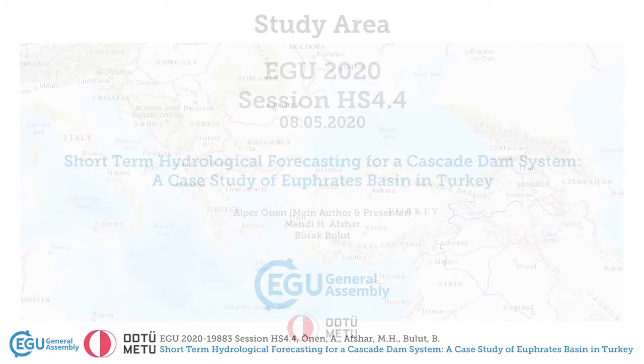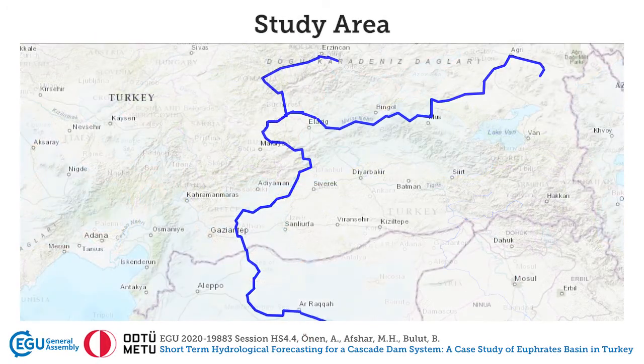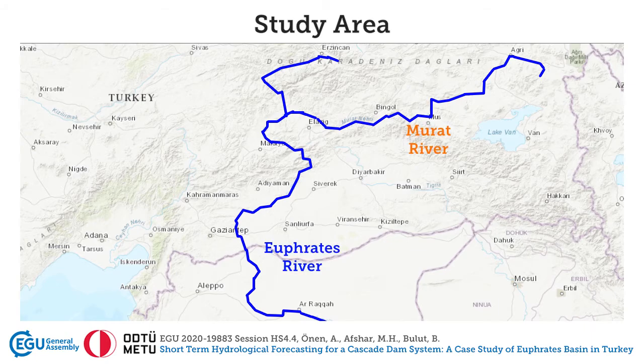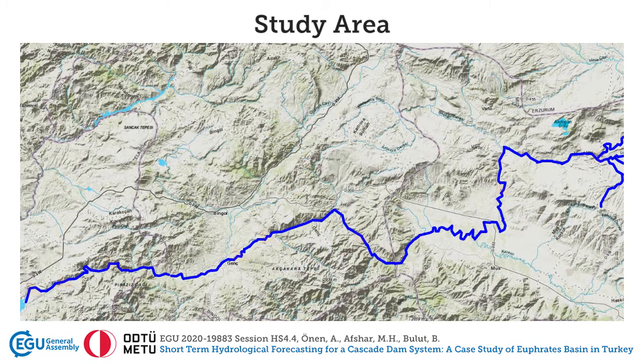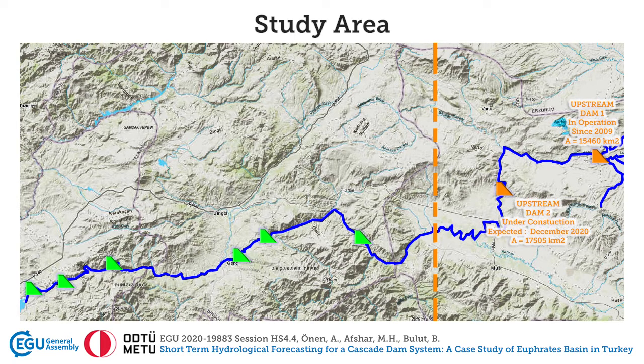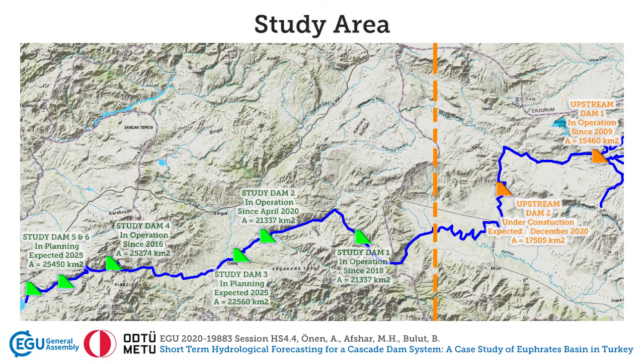Now let's move on. Our study area is located in eastern Turkey on the Murat River, which is the major subsidiary branch of the Euphrates River. On this branch, there are 8 dam projects over a 25,000 square kilometer area. Some are in operation, some in construction, and some at project stage, which will be shown soon. The employer company owns 6 of these projects, shown with green markers. 2 other dams, shown in orange, are both upstream, one in operation and one in construction. Our study area includes 3 dams in operation, 1, 2, and 4, and 3 in planning, dams 3, 5 and 6.